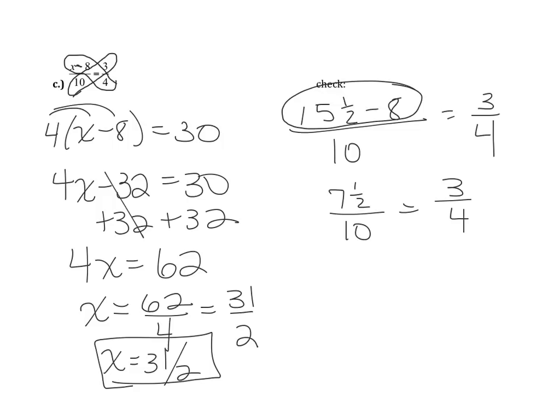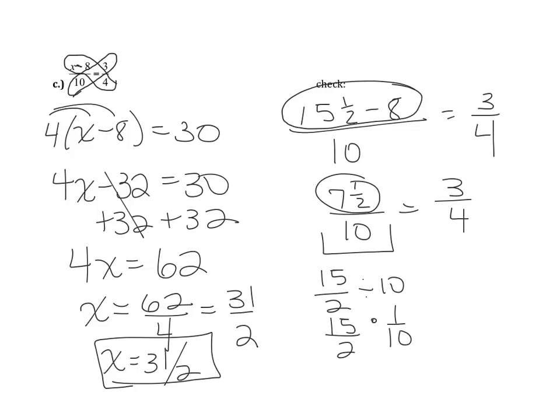If you want to try to see if this is equal to 3/4, you could look at it this way. You could change 7.5 to an improper fraction, which would give me 15 over 2, right? Over 10. So divided by 10, remember, is the same as multiplying by 1/10. So really what I have is 15 over 2 times 1 over 10, and then I multiply straight across and get